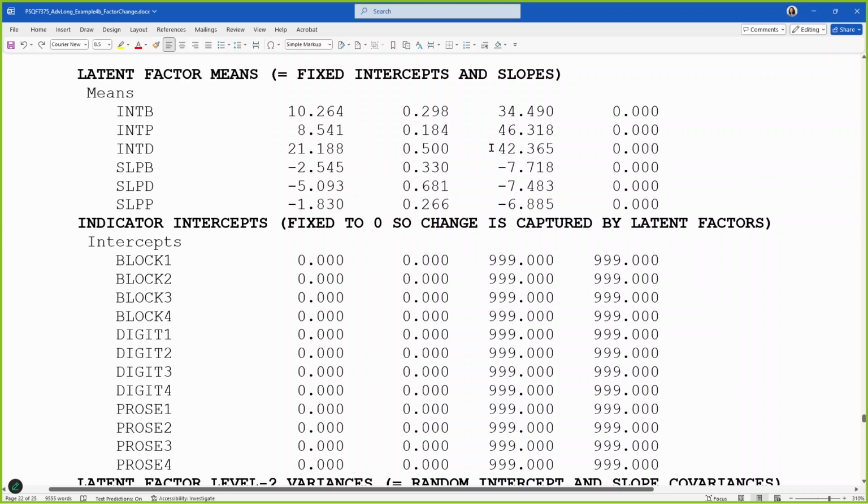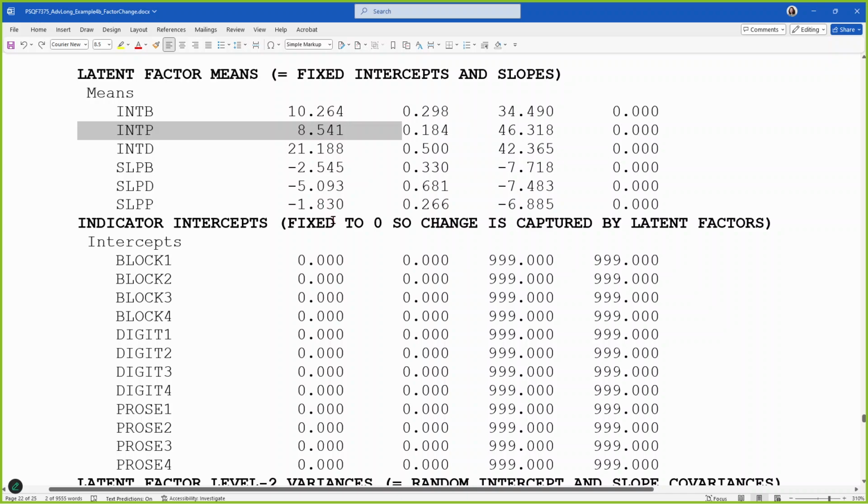So now, Taylor, to your point, these numbers are interpretable. Doesn't that make you happier? It's not just like some random zero. So the mean for block design, according to the latent basis trajectory, is 10 at the first occasion. According to the trajectory, the mean for,